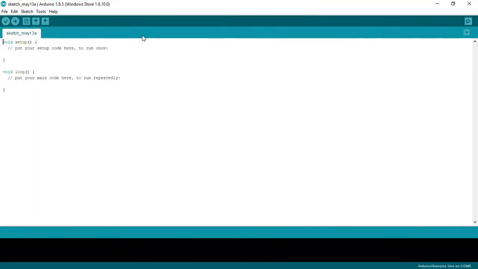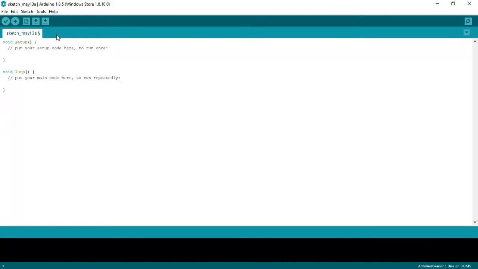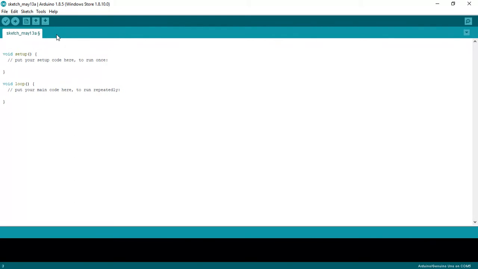Okay. So first of all, you come up to a new sketch, okay? And it has two functions, the void setup and the void loop, okay? In the void setup, we set things up for the code. So like we declare what we want,